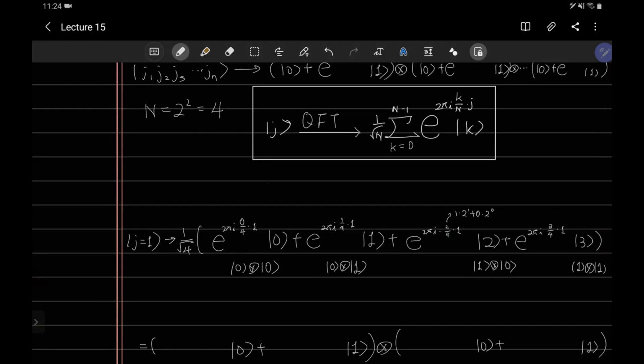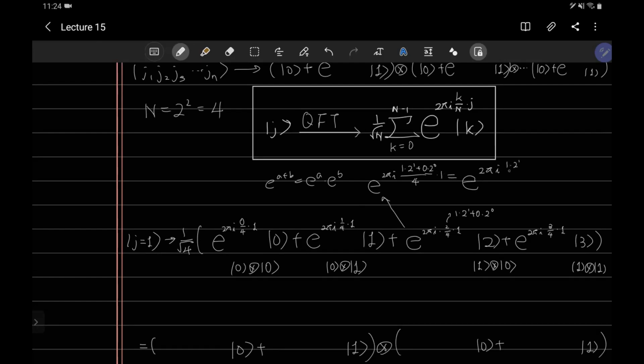And then we know that e to the a plus b can be simply expressed as e to the a times e to the b. So if we use this concept, then this one is e to the 2 pi i, and 1 times 2 to the first, and then 0 times 2 to the zeroth, and then it was multiplied by 1, which came from j. And then this one can also be expressed as 2 pi i